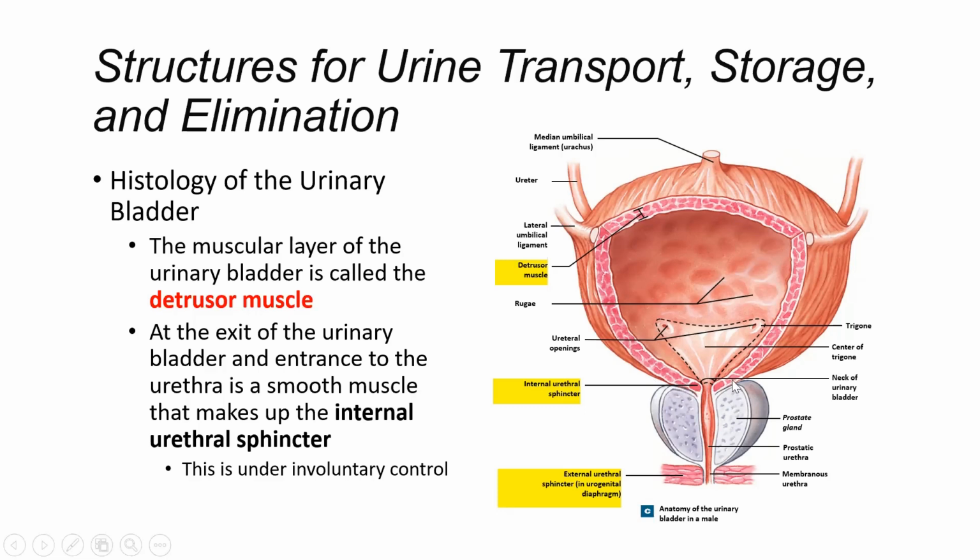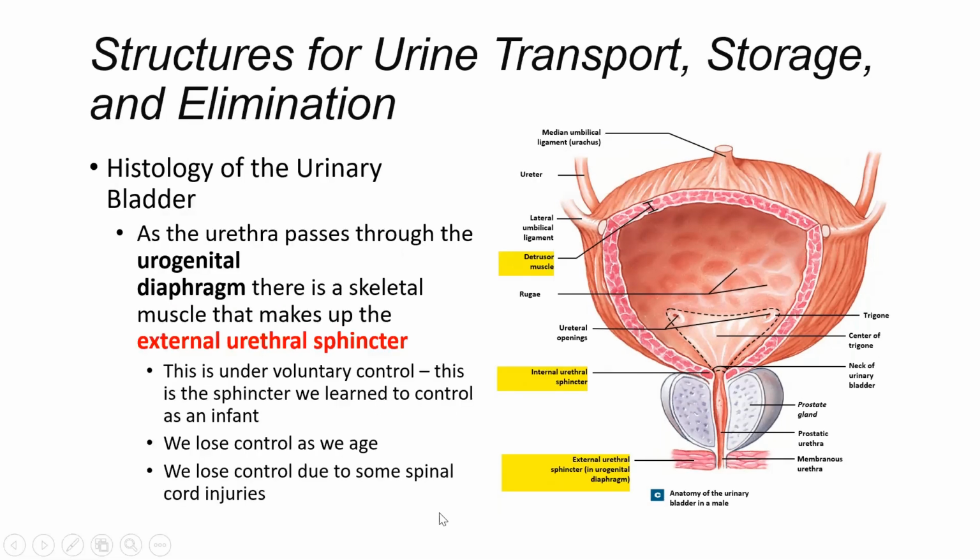So it's really at the base of the bladder, at the base of the trigone. And for demonstrative purposes, we're showing it here in males. So the structure underneath is going to be the prostate. And so the first opening from the bladder is going to be the internal urethral sphincter, which is smooth muscle. We've also got the external urethral sphincter, right? This is the part of the urethra that comes through the diaphragm here, basically through the floor of the pelvic